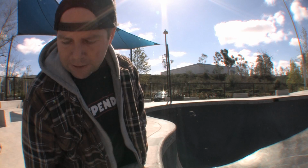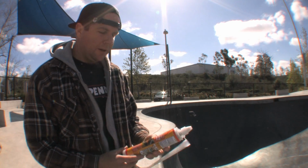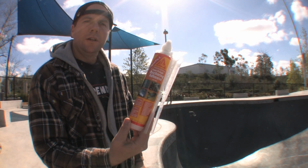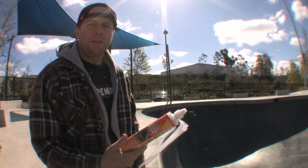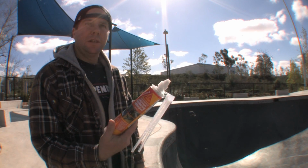So probably one of the best things that I've come across, if you're into fixing this kind of stuff, is a Sika. It's a super strength anchoring adhesive. You can get it over at Home Depot, and you can be skating on it in like 15 minutes. It's super easy to use. It's a little pricey, like 18 bucks, 20 bucks for a tube,